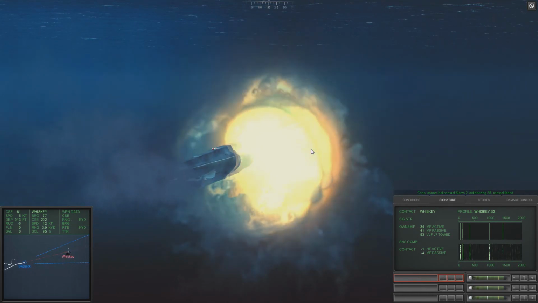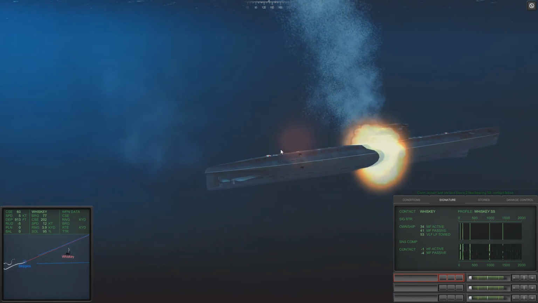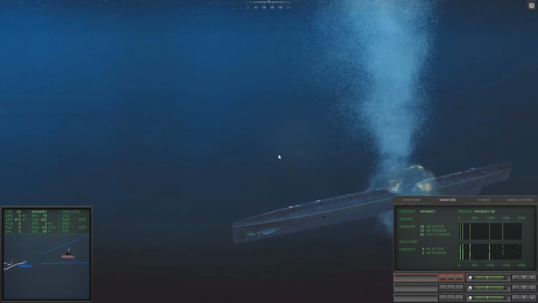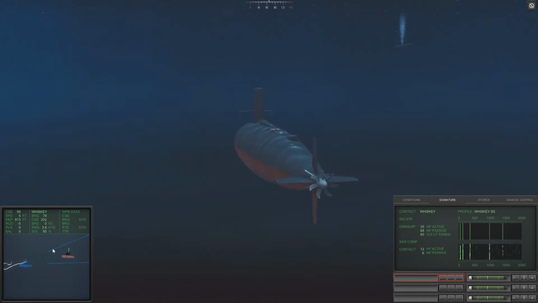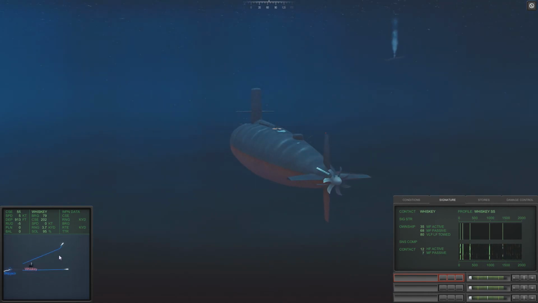And bam. One Russian bathtub to the bottom of the ocean. That's our first kill. The shark, well, the shark's got blood. Sleep tight, you metal coffin. But it looks like... Well, actually, our torpedo... Wait, hang on. Our other torpedoes are actually... They look like they're trying to actually...